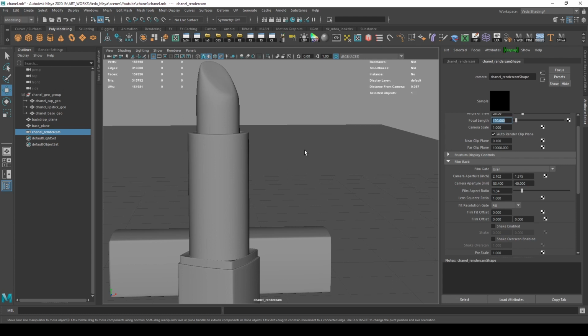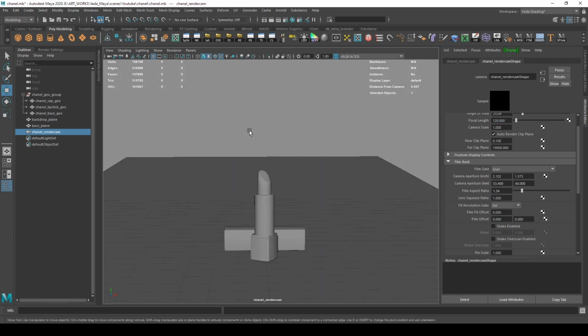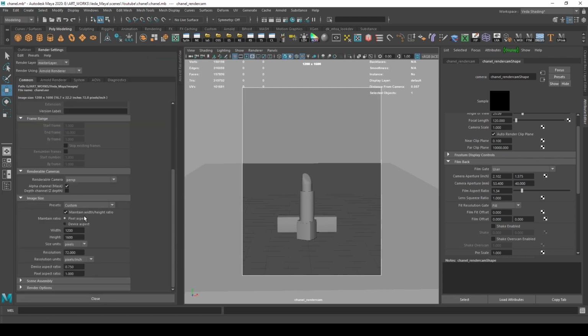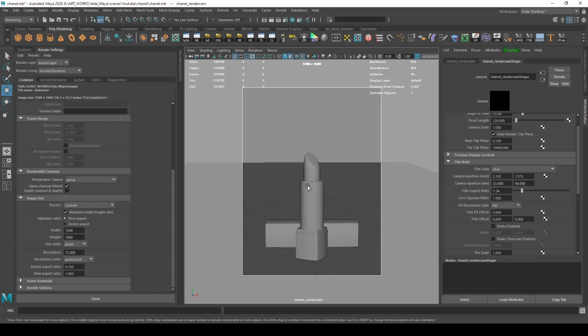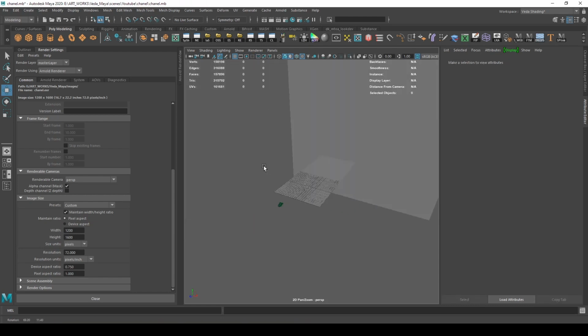So when you're doing product photography or product lighting, it's always best to use a camera which is having more than 60 mm just to avoid some unnecessary distortions. Since the lipstick in this scene is actually standing up, I will also want my frame to stand up, so I've put it in a portrait mode just to bring out the lipstick as a hero. I'll keep my frame as 1200 into 1600 resolution.